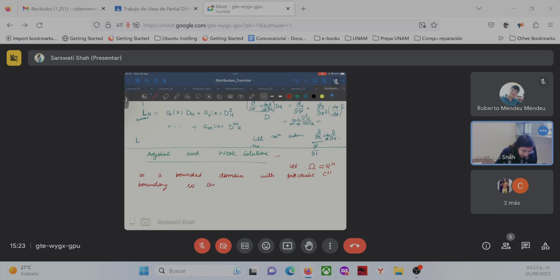So the divergence theorem holds. This is the requirement of the divergence theorem, because the Gauss divergence theorem is a very powerful technique